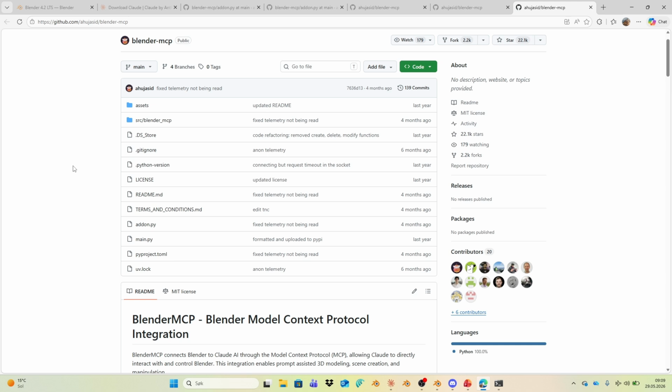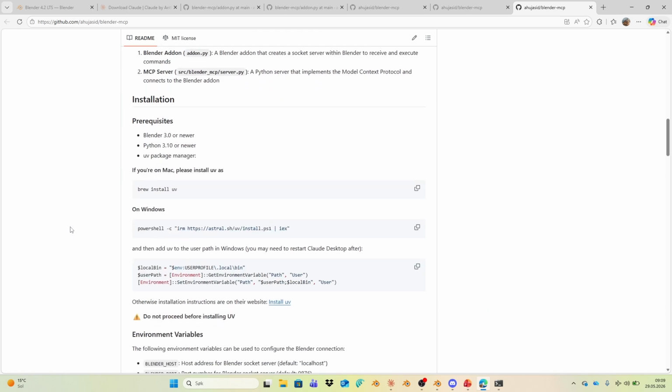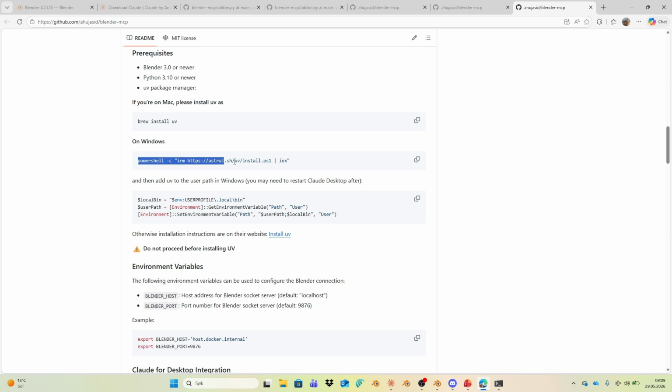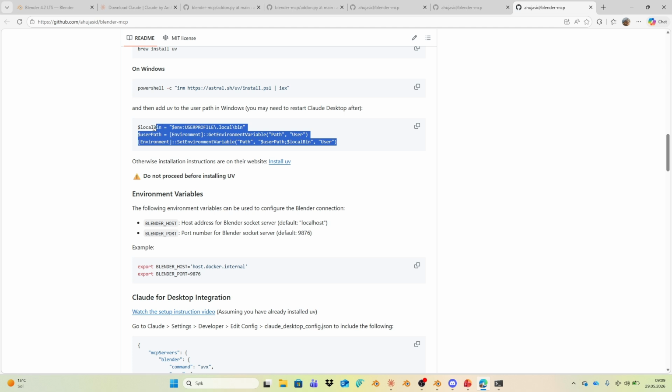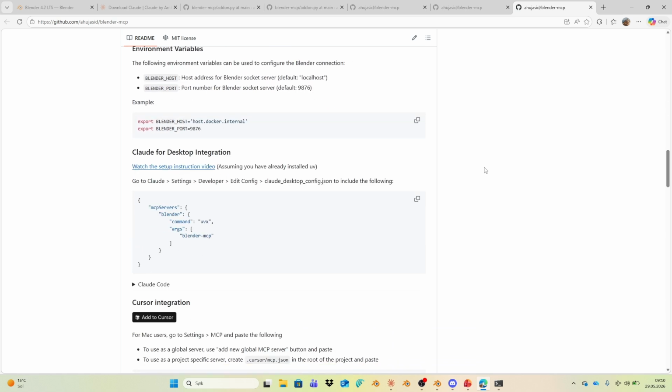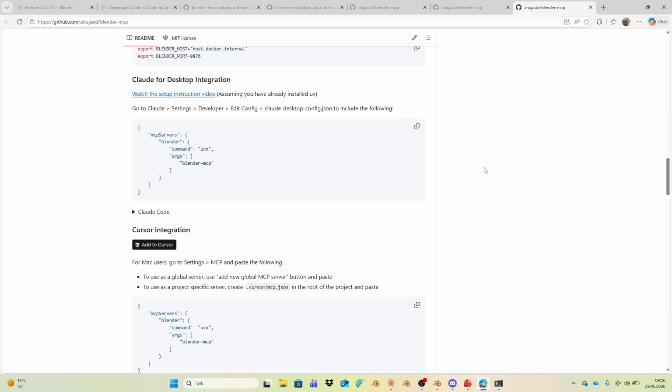You remember in this same public GitHub repository, that's where we got our add-on, and that's where we got the PowerShell command to install UV package manager. That's where we got as well the configuration way of telling the computer where our UV package manager is installed, this environmental variable configuration. And that's where as well now we are going down here to see how we can configure the MCP server